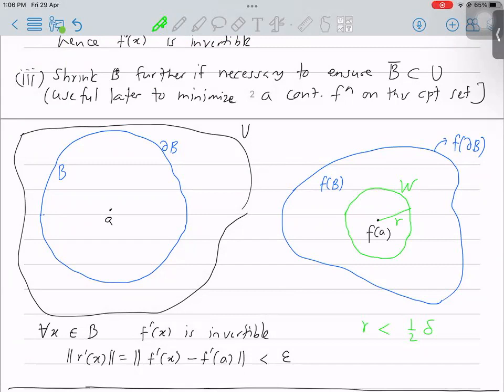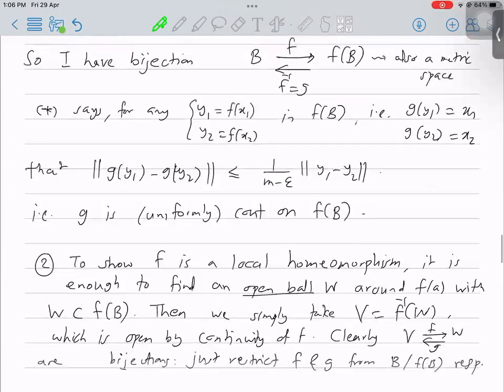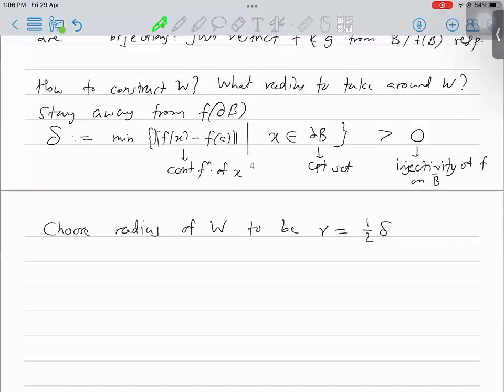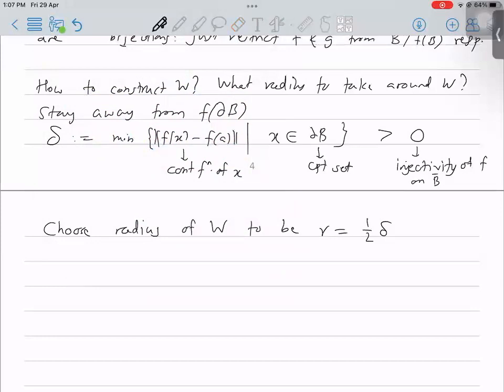And let me just draw over here. So this is going to be F inverse of W, which is equal to V. So what I have to show is that by definition, this W is totally inside F of B. That's what I need to show, right? To make this picture a truth. So we will show, or rather it will be done by showing,